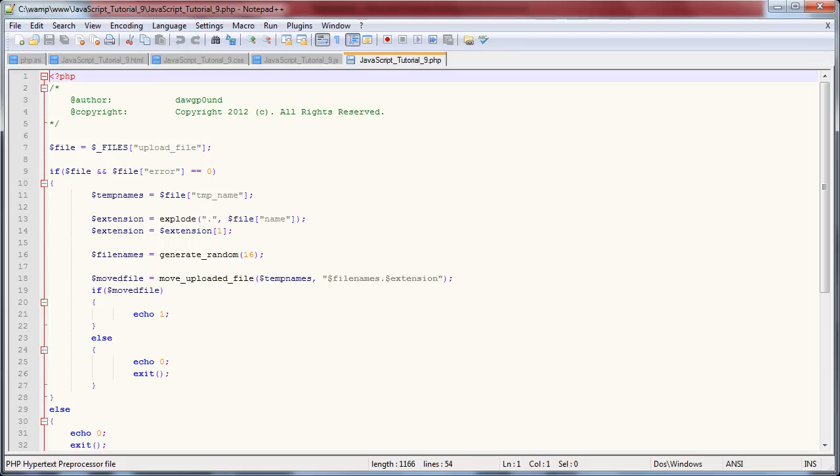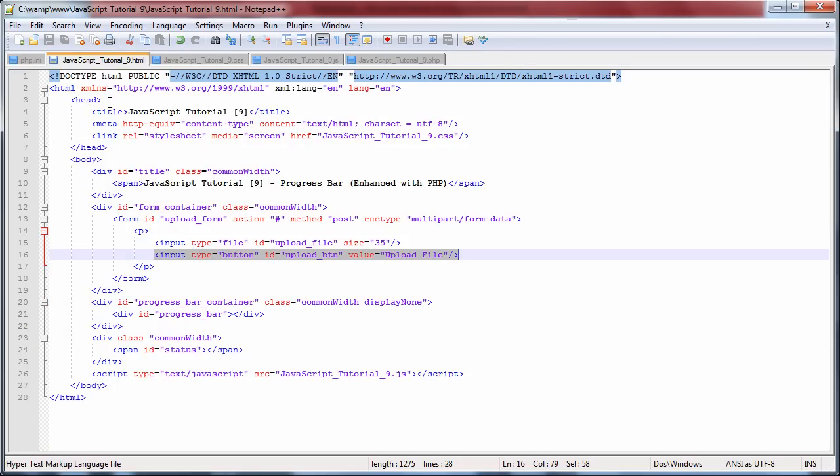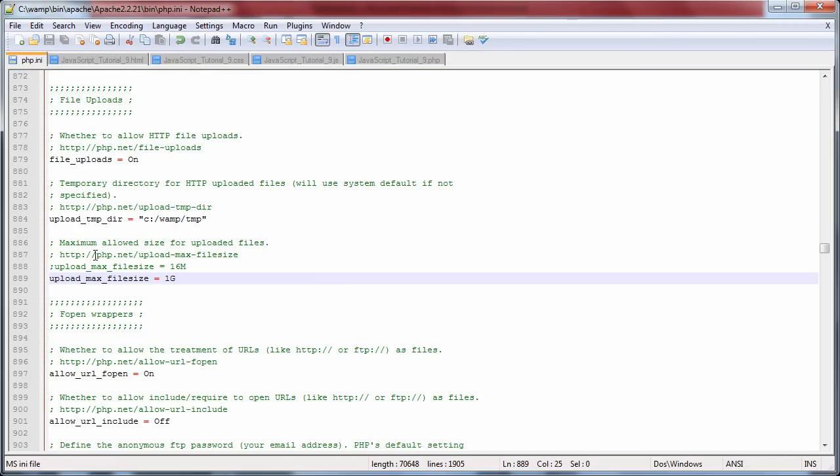Alright, before we look at the code, we need to do something for the configuration of the server. There are three things you need to configure. You need to configure the upload max file size. That tells the server how big a file you're willing to receive. In this case, I just put it as 1 gig. If I didn't put that at 1 gig, the last file that I uploaded, which was 732, would fail